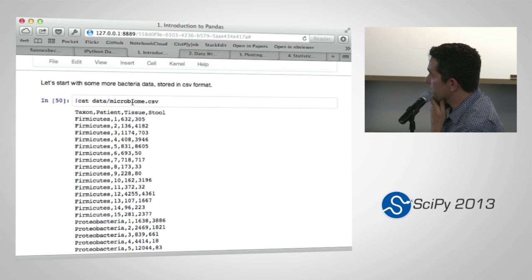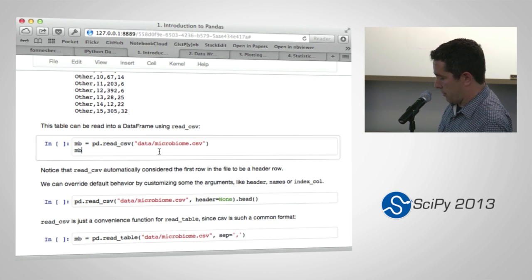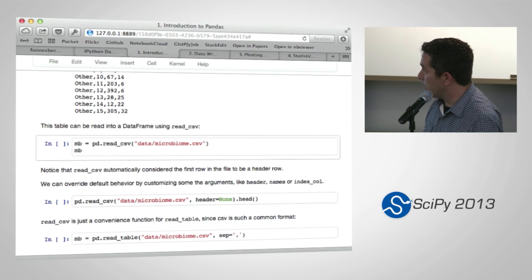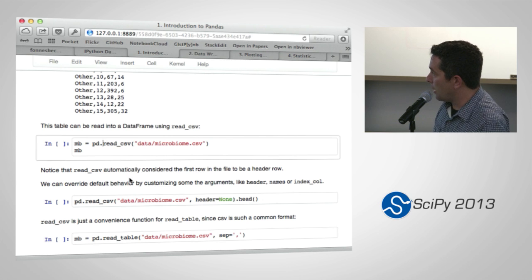This is a CSV file that contains, again, the taxon, patient number, and then the sample came, these are from little kids, and one came from a stomach resection, a piece of the stomach tissue, and the other from poopy diapers. And those are the counts in each. And so Pandas has a whole series of read functions. A whole bunch of them. We'll cover a few of them here. The one of interest right now is read_csv,